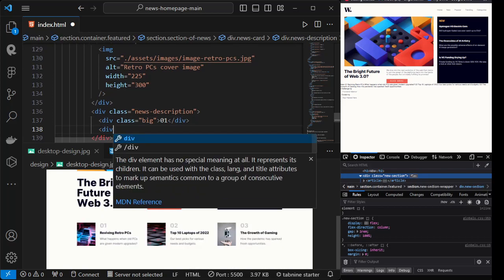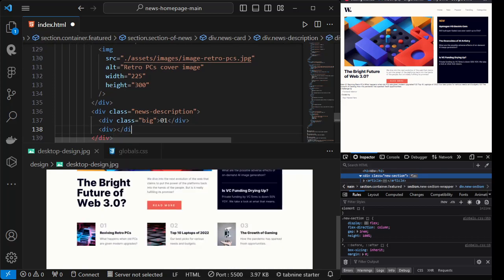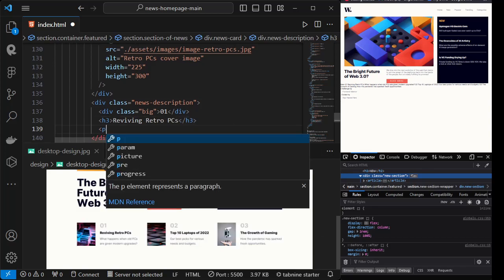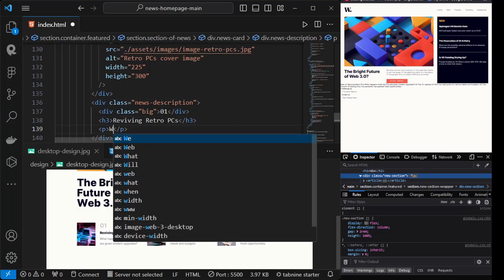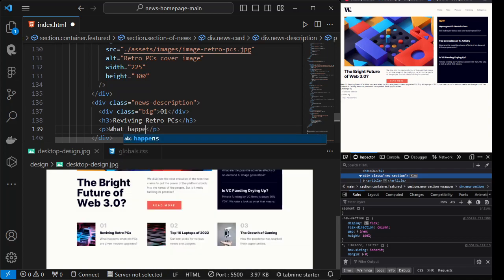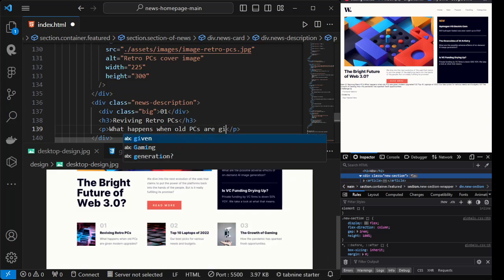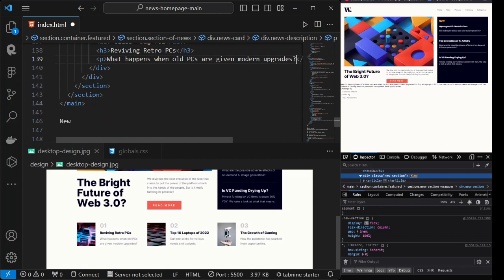And then div or h3 reviving retro PCs and a p tag. What happens when old PCs are given modern upgrades? Okay,